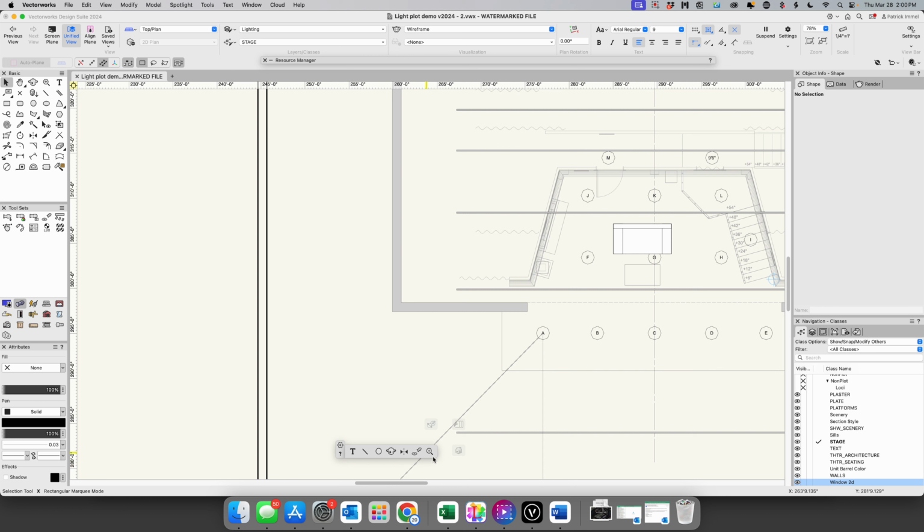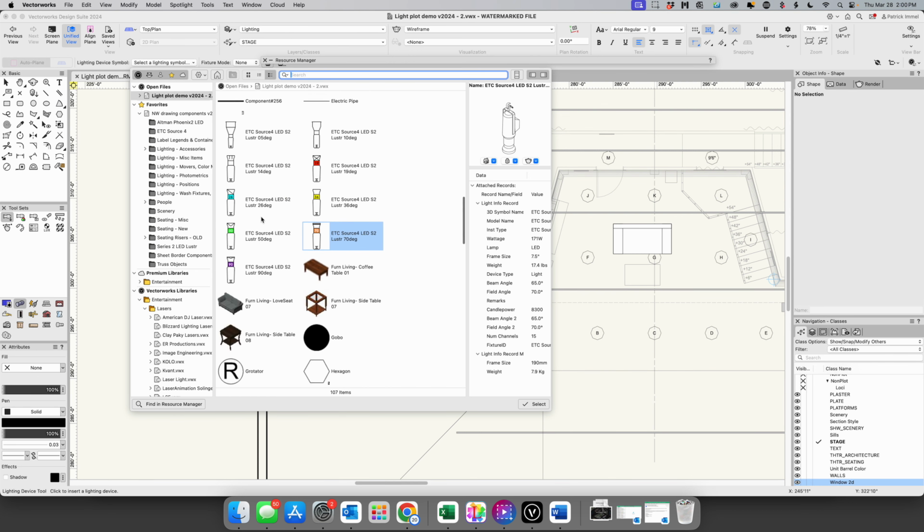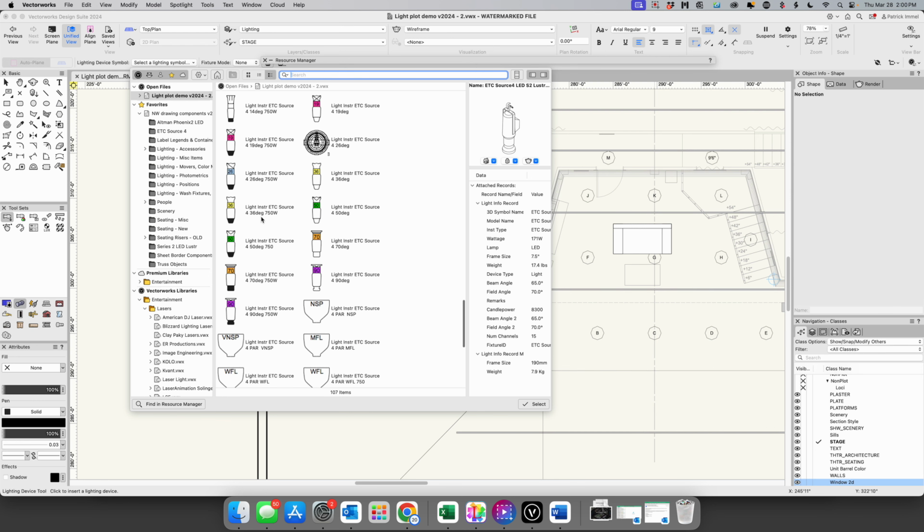So what I'm going to do is come up to our insert lighting device tool, and I'm going to come up and select a lighting symbol. Alrighty, and I have all of my lights in here, and we're going to use mostly incandescent fixtures. We're going to use a few LED fixtures, but I'm going to start off with a